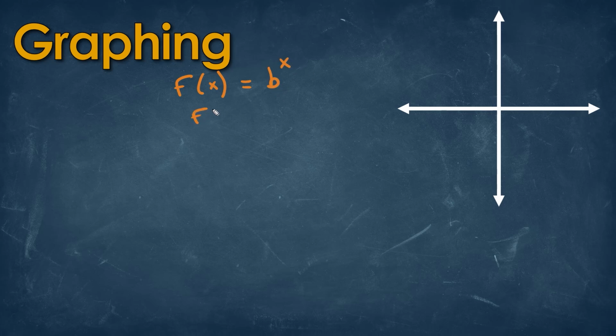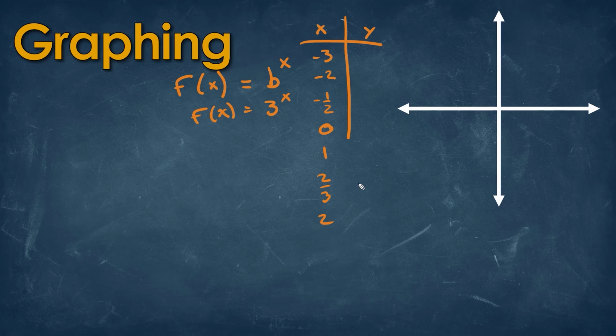So if we were to do an example of f of x where we have 3 raised to the x, we could create a table for x and y values, and solve for -3, -2, say -1/2, 0, 1, 2/3, and 2. If we solve this all out, we would get 1/27, 1/9, root 3/3, 1, 3, root 27, and 9. If we were to graph it, it would look something similar like this, where 0 will equal 1